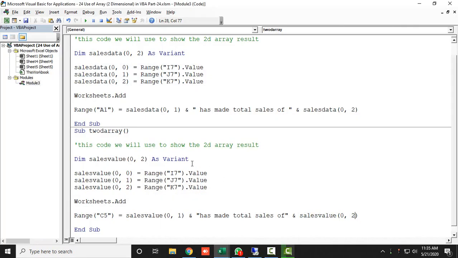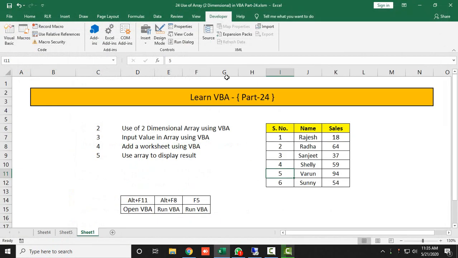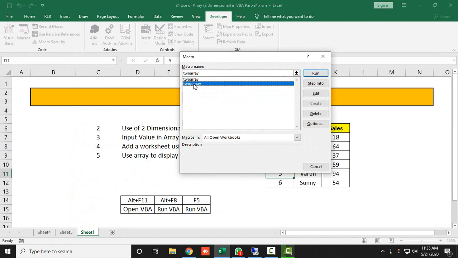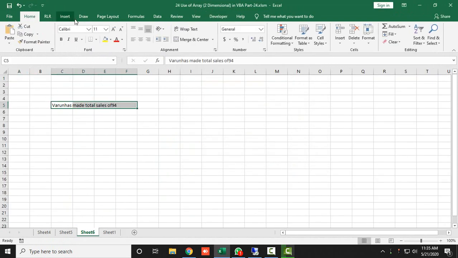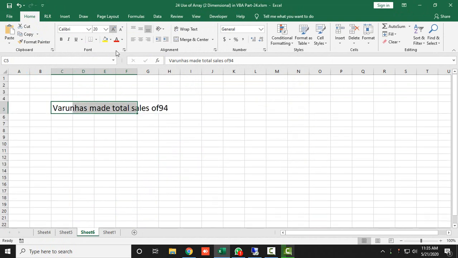So here I will take I11 as serial number, J11 as name and K11 as sales value. Let's run it again. Go to macros and run this again. Now here you can see Varun has made total sales of 94.